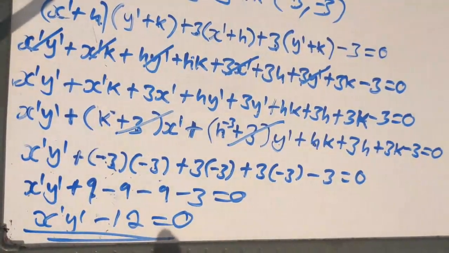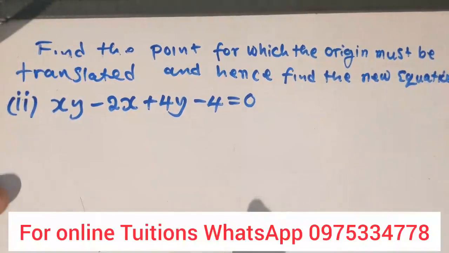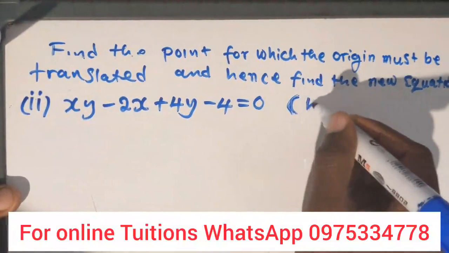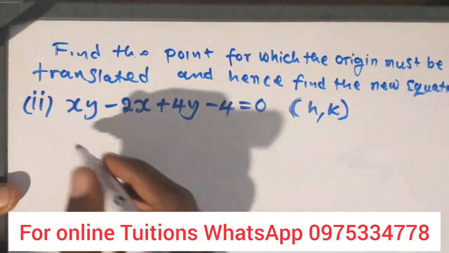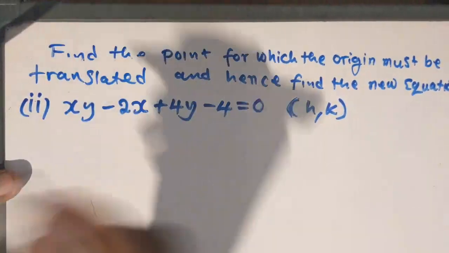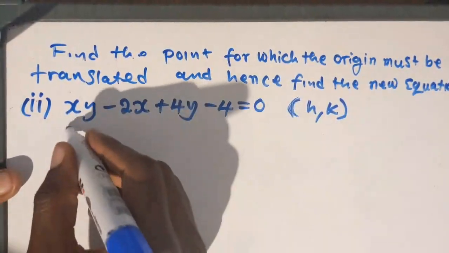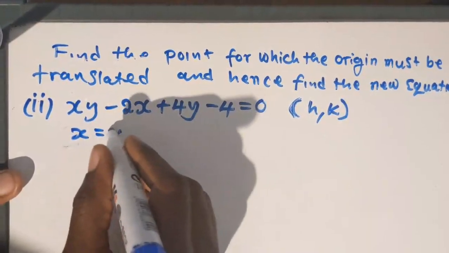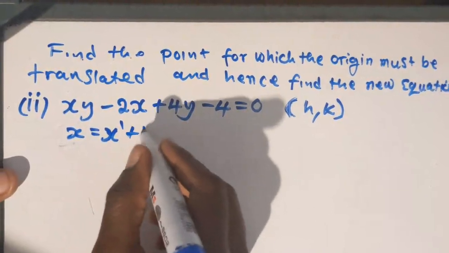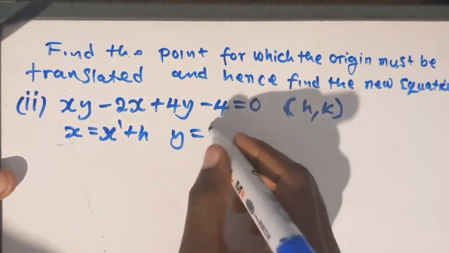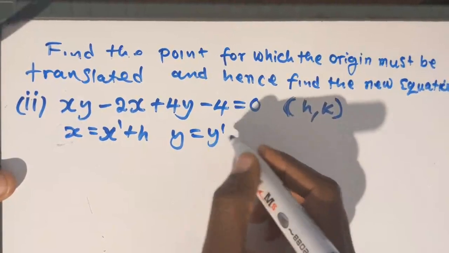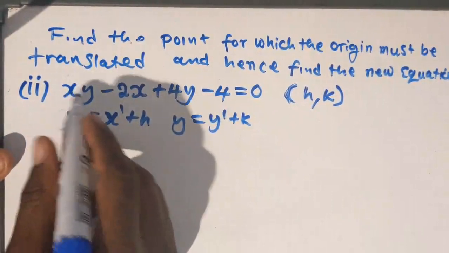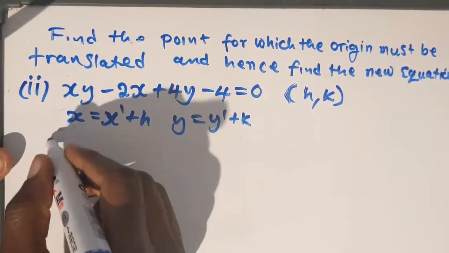So let's solve question 2. This is our question 2. We'll do the same. We are looking for the coordinates h comma k, and you know the formulas: x is equal to x prime plus h, then y is equal to y prime plus k. So you just replace x with that, so it's going to be x prime